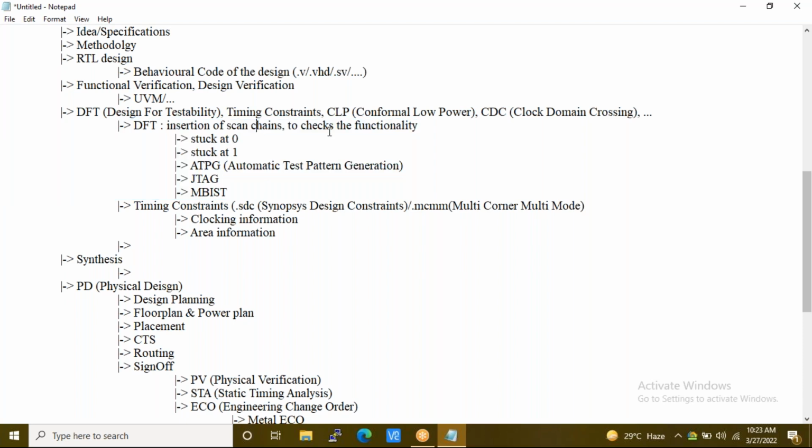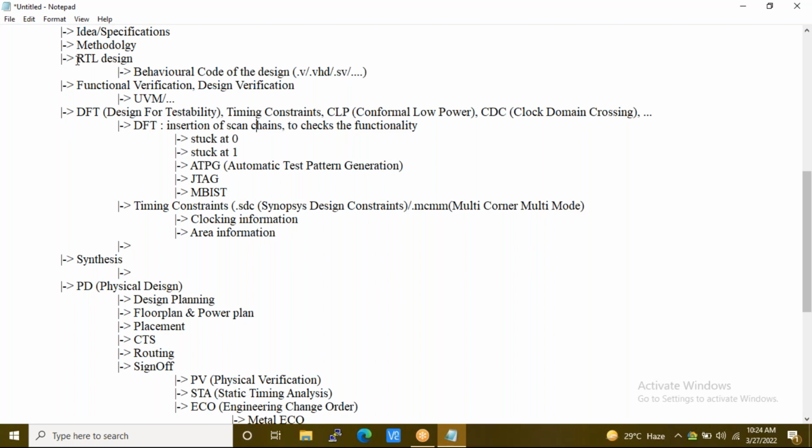Now, what is scan chain? Scan chain means it's back to back. Okay, sorry, I think I missed a few things. When we are writing this particular RTL code, we have to focus on the DFT related aspects as well.